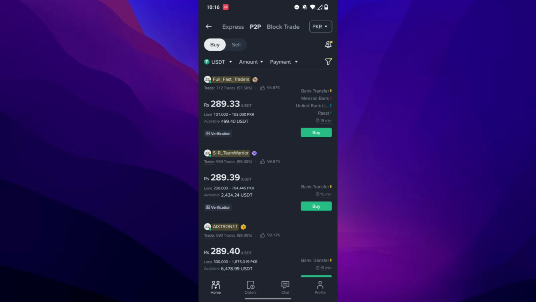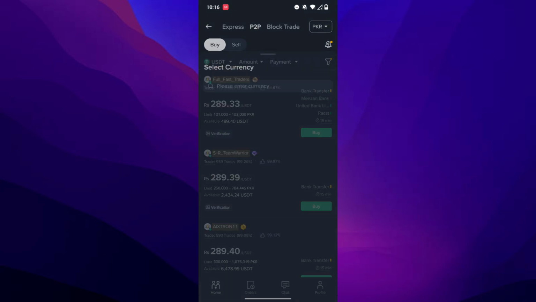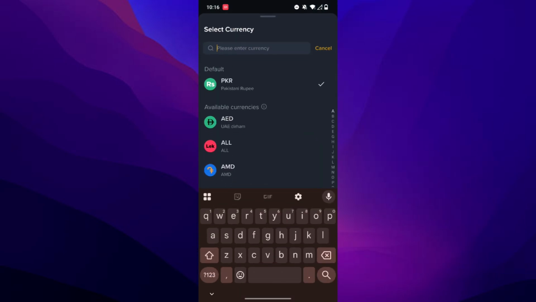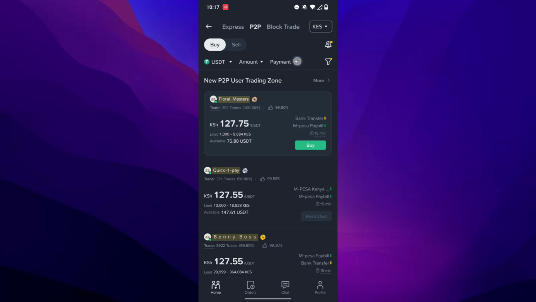To make the process smoother, here are a few quick tips. Make sure you use the filter option to select your preferred currency. For this example, we'll choose KES, which is the Kenyan shilling, and set M-Pesa as your payment method. Doing this beforehand narrows down your options and ensures you only see sellers who support your preferred payment method, saving